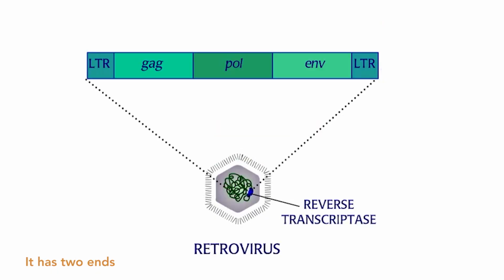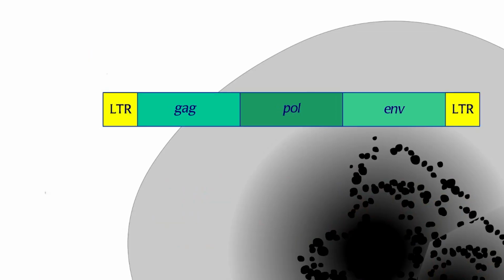A typical retrovirus RNA genome looks like this. It has two ends, called long terminal repeats, LTR, and only three genes: GAG, POL, and ENV. The LTRs are sequences that help the virus integrate into the host genome. Once integrated, the virus uses the host replication machinery to produce RNA containing the LTRs and genes between them, and